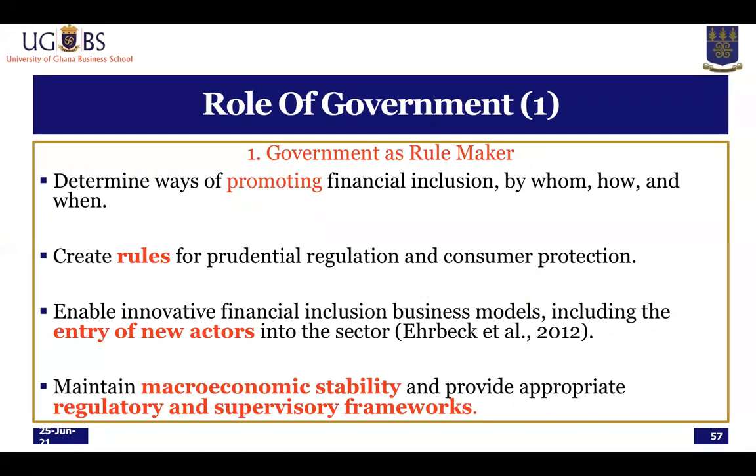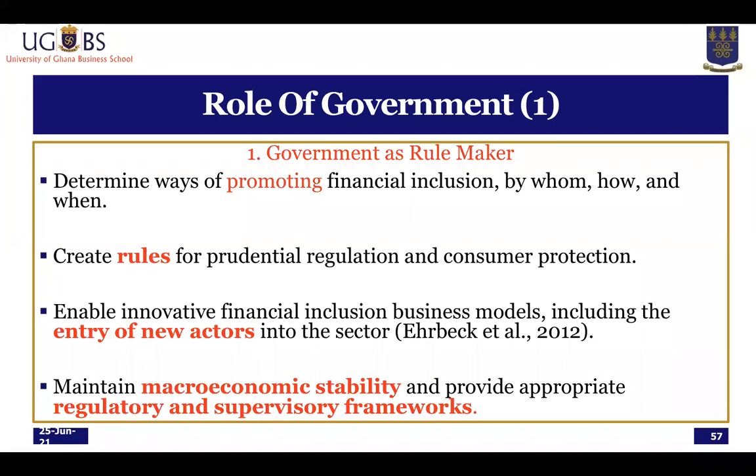Now, someone said, then what do we do? There's a role for government to start with. So government is the rule maker, and they are supposed to help create the conducive environment. So there's a need to determine ways of promoting financial inclusion: by whom, the how, and when. So government is responsible for creating the rules for prudential regulation and consumer protection. Now, once they create appropriate rules and ensure that these are appropriately enforced, then the environment becomes safe for those who have capital that they would want to employ for the purposes of providing services for the poor